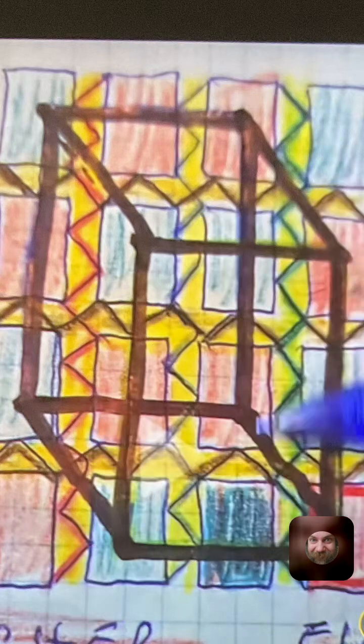26 and 17 is 43, 8 and 8 is 16, 1 and 6 is 7. The power of the Christ. The X, the Y, and the Z in the cube there. I was going to mention that, but X, Y, Z, the Q is definitely in there. Yeah, there's an X, a Y, and a Z, at least.